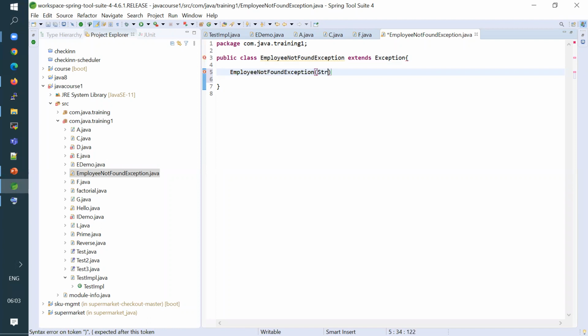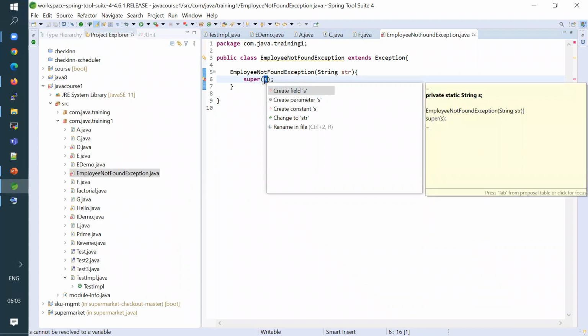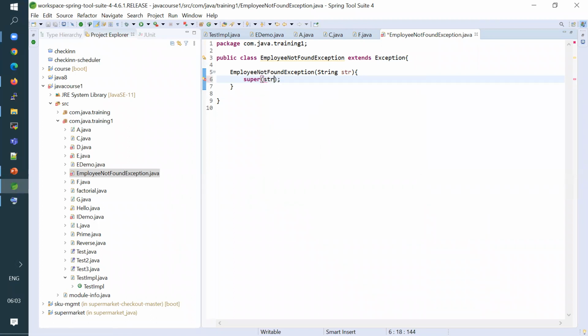Let's assume this is expecting some string str. Here you call super(str).